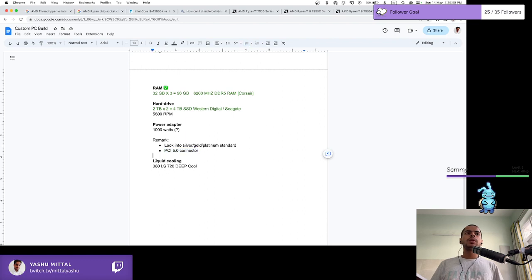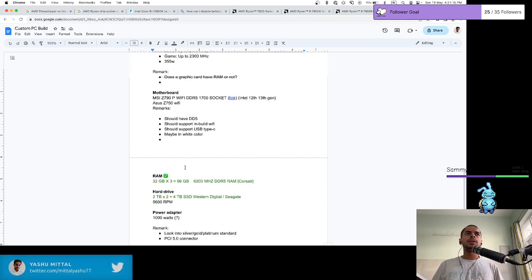And as far as the liquid cooling, I have only found this, which is available with the vendor. So I have just jotted it down over here. I'm still not happy with the design of this product, which is from Deepcool. That's the overall